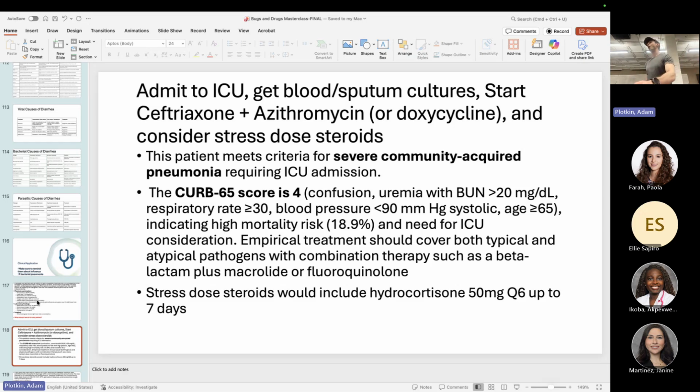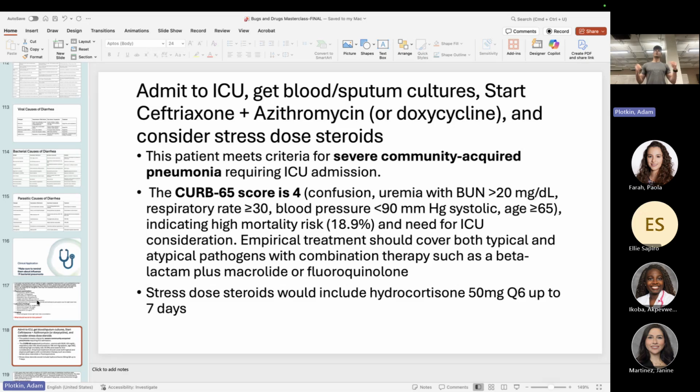If it's a 0 or 1, maybe if they're really healthy a 2, I can do outpatient. First question I have to ask myself: do they have any comorbidities? Big comorbidities, you think about heart, liver, lungs, kidneys, those kind of things. Are they on immunosuppression? If they're checking any of those boxes, you're like, okay, they've got comorbidities and I want to treat them as an outpatient. If they have comorbidities and I'm treating them as an outpatient, I cannot use amoxicillin by itself or